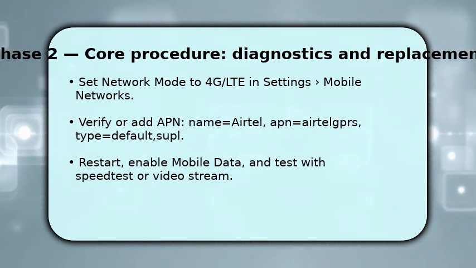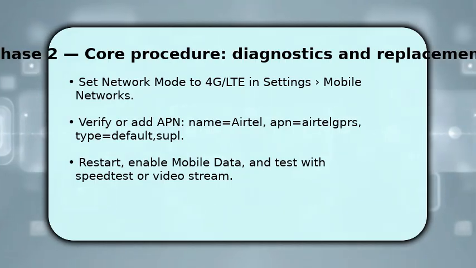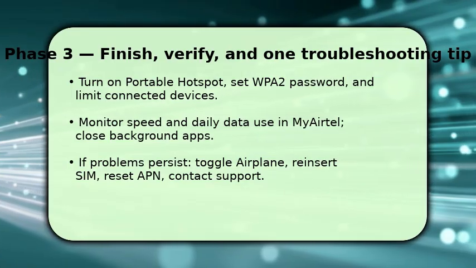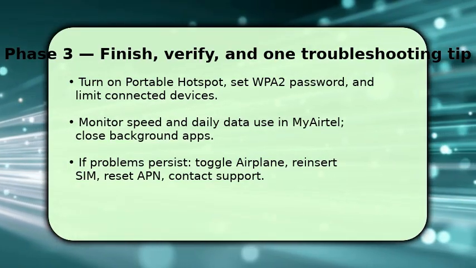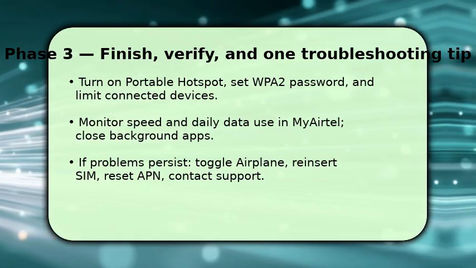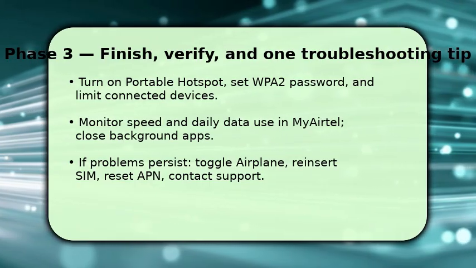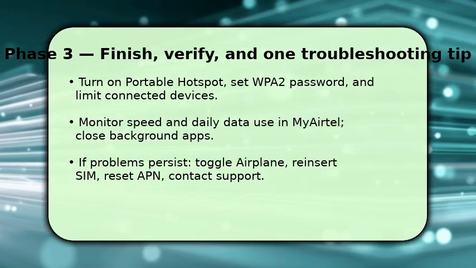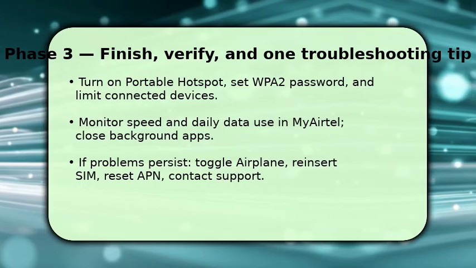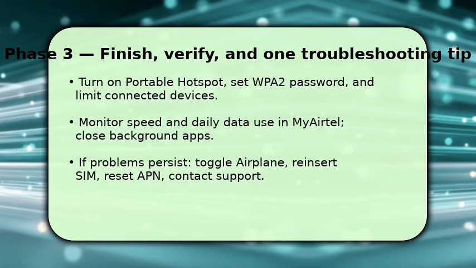Finally, if you want unlimited internet on other devices, enable portable hotspot and set a strong WPA2 password. Keep the connected device count low to maintain speed. Once connected, monitor speeds and plan status in the My Airtel app and close background apps that hog bandwidth. This preserves performance. If connectivity or speed drops, toggle airplane mode on then off, reinsert the SIM, or reset the APN. Key troubleshooting tip: performing those resets usually